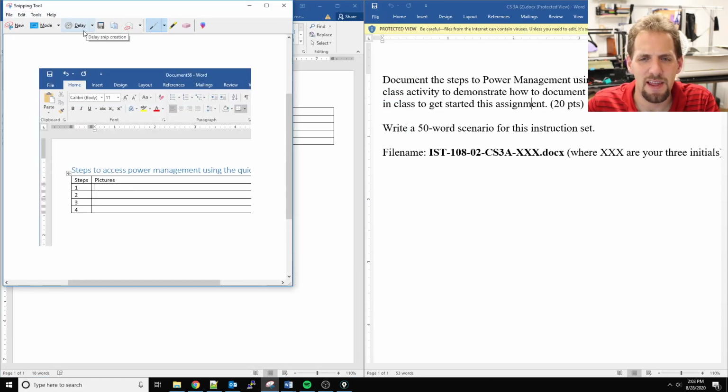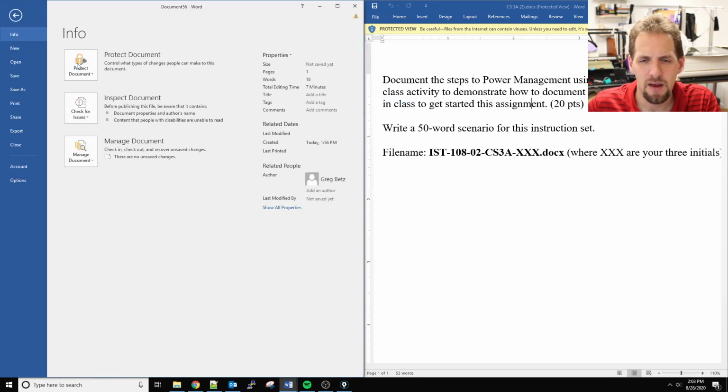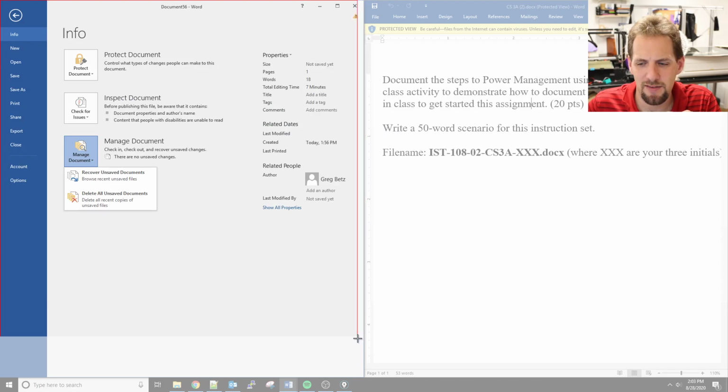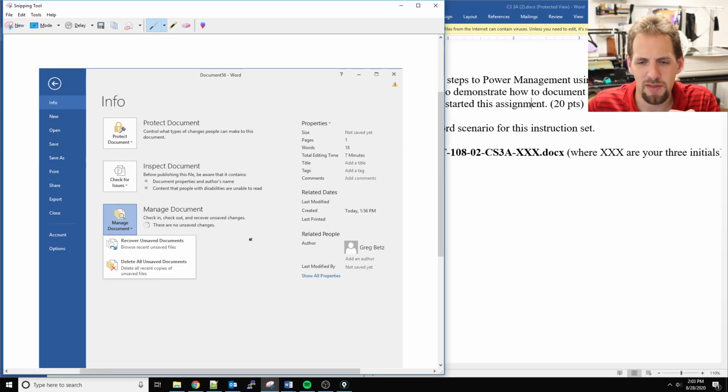Also, there is this delay option. So, delay snip, and mine's at no delay. If you need to open some menu or something that you're trying to capture, say we're trying to show you how to save the Word document, set that to like a 5-second delay and say New. You're going to see the Snipping Tool window disappear, and you're going to have 5 seconds to open up whatever menu it is that you want. So here we go, New, click on File, still a few seconds, I might want to open this up too. Everything goes grayed out, and now I can select that window with the menus and everything else,